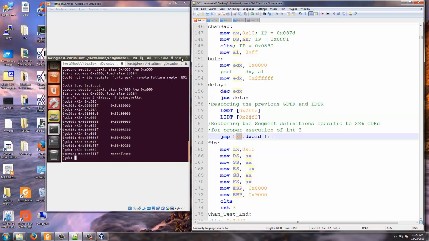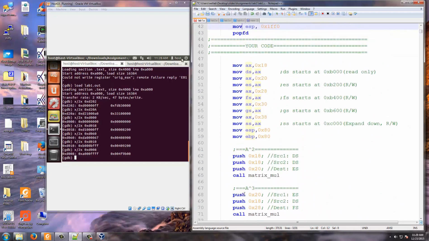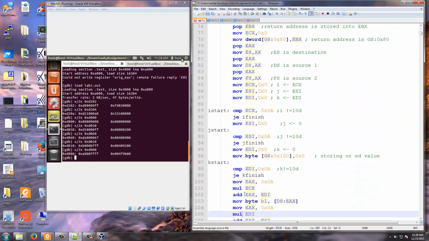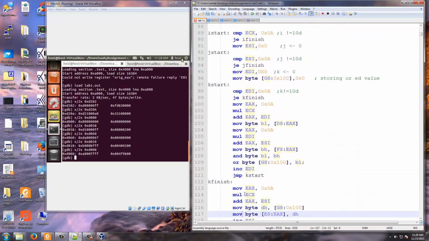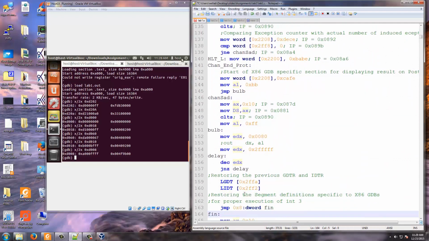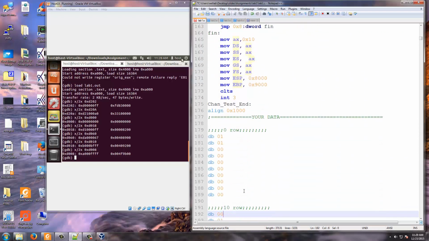For this, the GDT has now changed. So this 0x8 will now correspond to the GDT of the GDB, and it will come back. So this is the way the GDB kernel moves from itself after initializing certain things, and you start executing your code, and after you finish your code, you give back control by getting their GDT and IDT loaded.